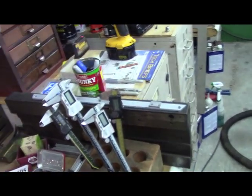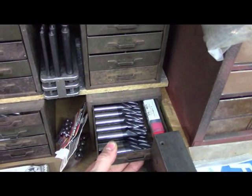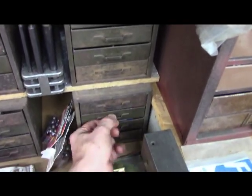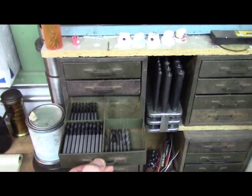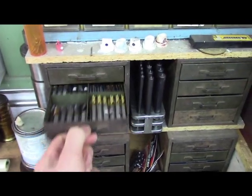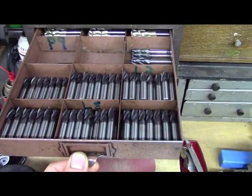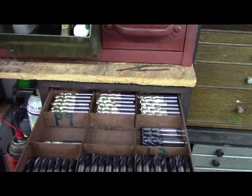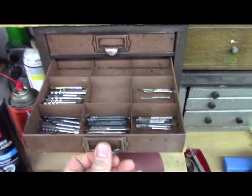As far as end mills, these are solid carbide end mills in there, and I think some of the roughers, and most of those are the same. And then I got some small ones, and different small ones. And I started going over here. Those are all 3/8 carbide, because they're all the same. And in the back, those are the 2 flutes, solid carbide, and then the 4 flutes in the front. So you can see I got little dividers, and then those are like taps,